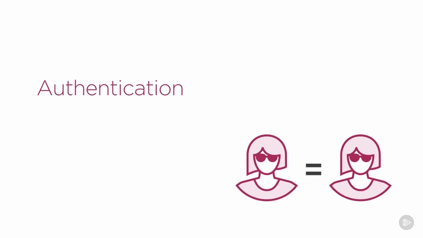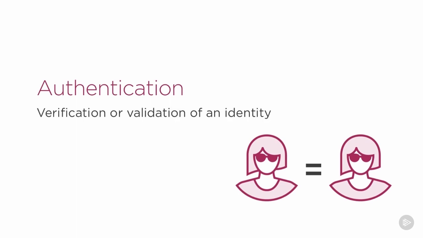Just because a person says, hey, I'm Joe, doesn't mean they're Joe. We need to prove they are who they said they are. Identification is a person states who I am. Authentication is they prove or validate that they are who they say they are. So it's that verification or validation of the identity that was offered or claimed by that individual.